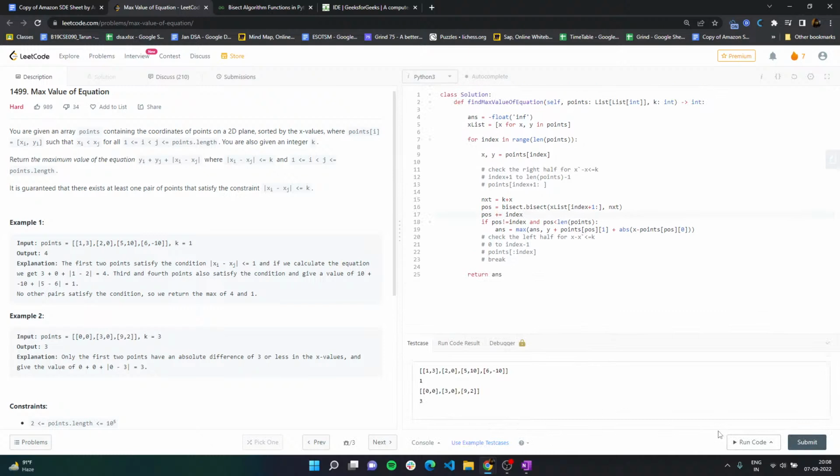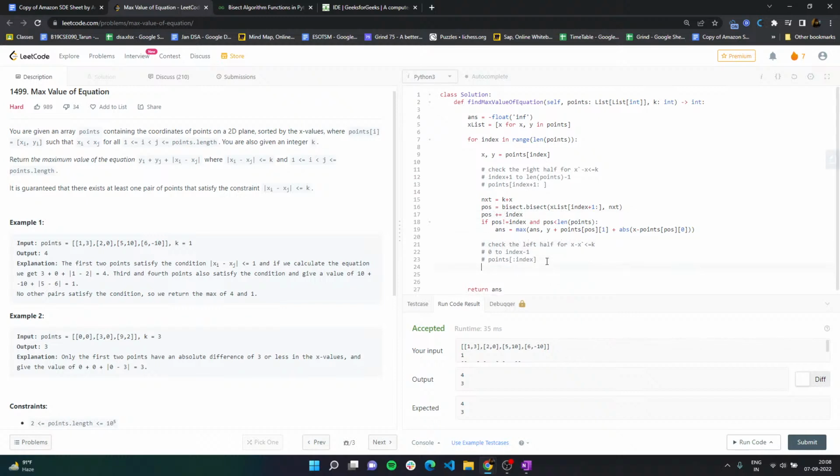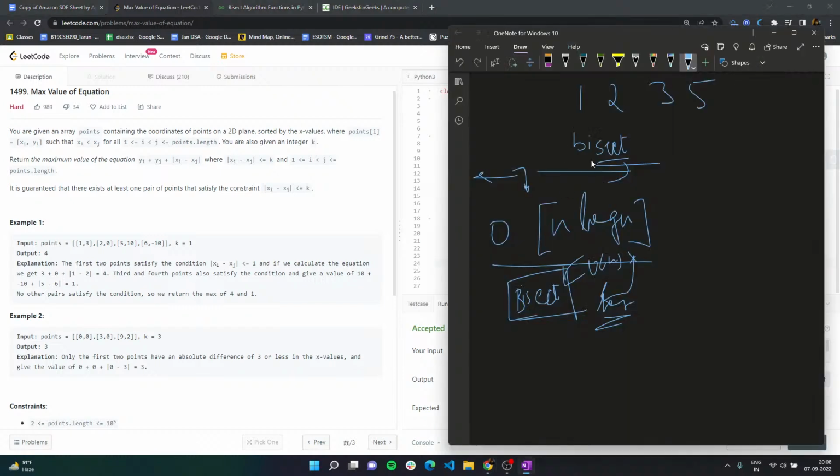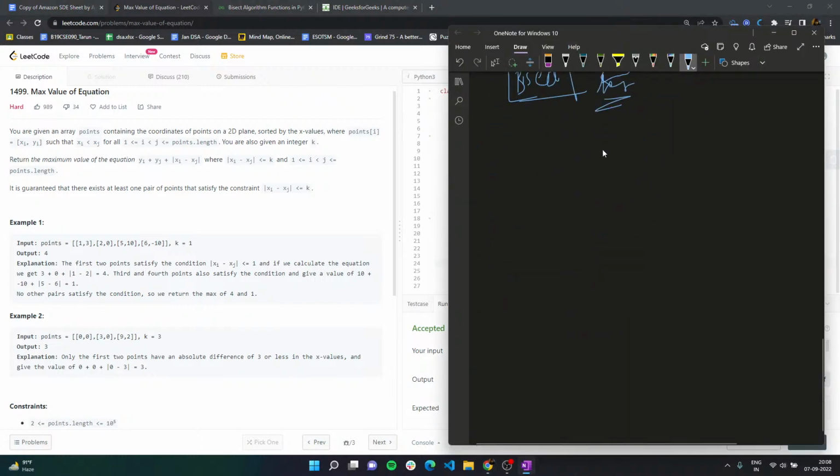Right? Now this is happening when I'm checking for the right half, but mind it, do I need to check for the left half or not? I'm not sure. So the best thing that I can do right now is to check for the left half also. I'm going to call it prev, and prev is going to be, so once again, if you go here and you check this out, the prev is nothing but,